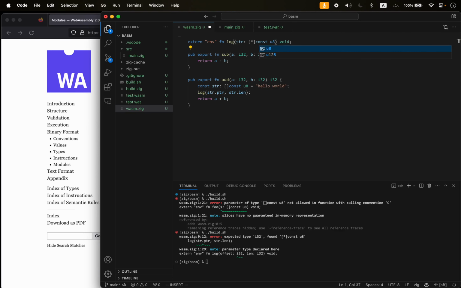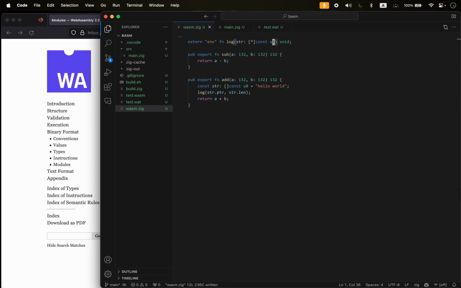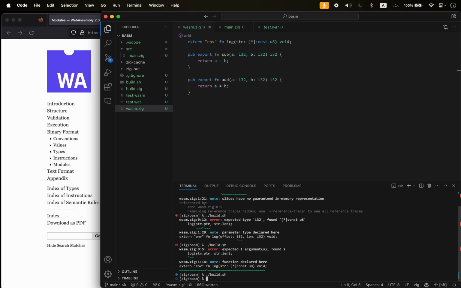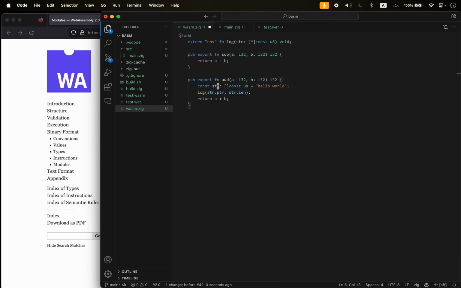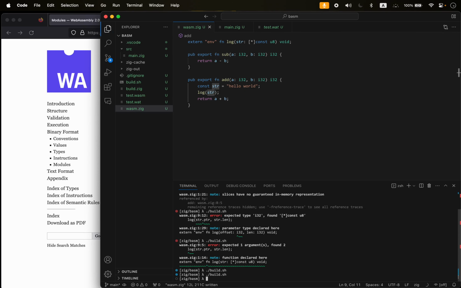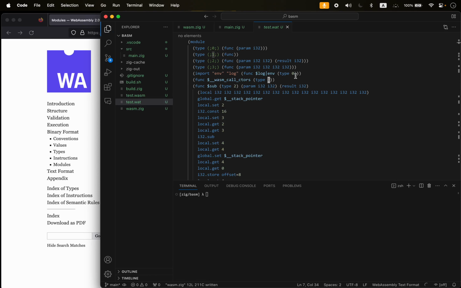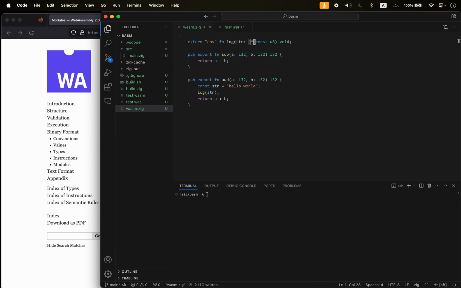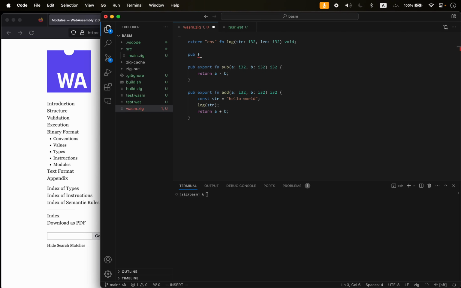I wonder if I can do this in WebAssembly. And it doesn't look like I can. Oh, I actually can. Okay, so now I can do this and then pass in a string, and then there we go. So now if I go to here, see type 0, takes param I32. Now this is passing in the wrong type. It's actually passing in a reference because this is supposed to be a pointer. So in reality, it would be an I32 len I32, and then we'd need our own like log that then